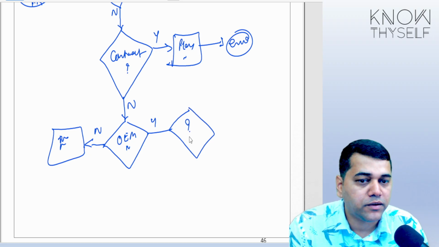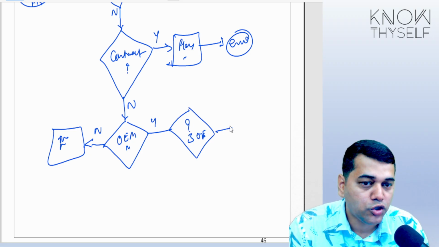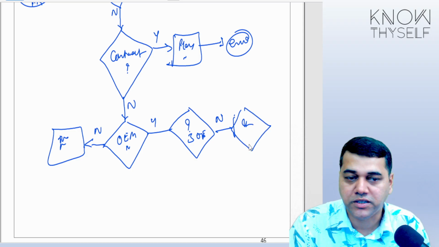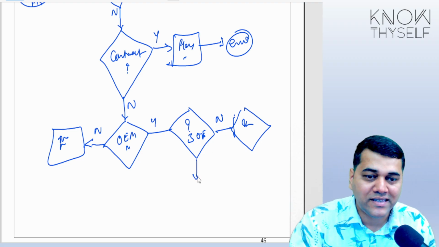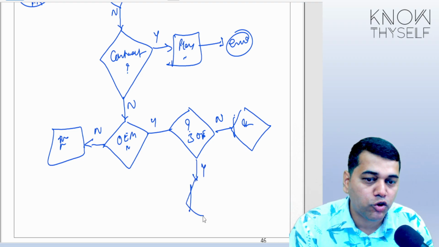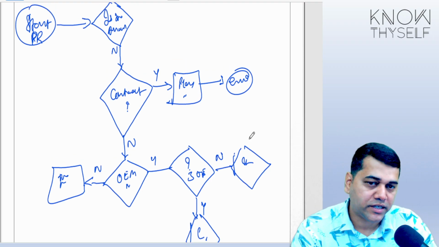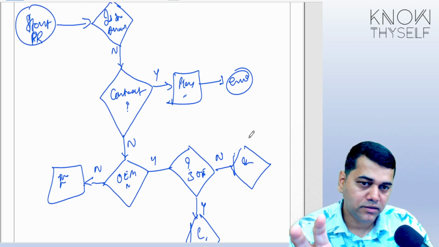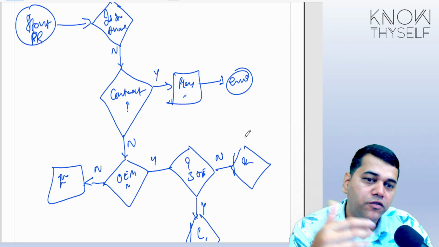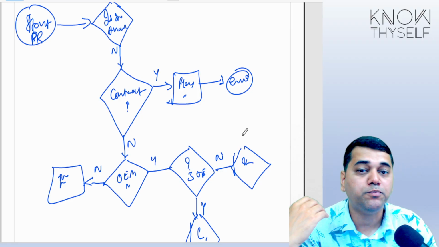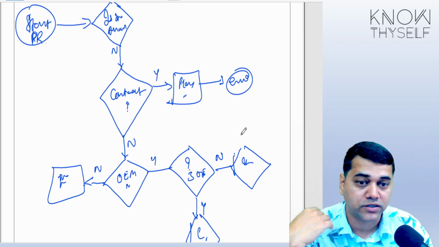Are you buying it from the 3 OEMs? No. Then have you taken the approval for these purchases? Because this is a deviation now. Answer is yes. Okay, then have you prepared the note for approval and comparison? You see, students, when I look at this process, this chart gives me a very good picture of how the process is moving in the organization.